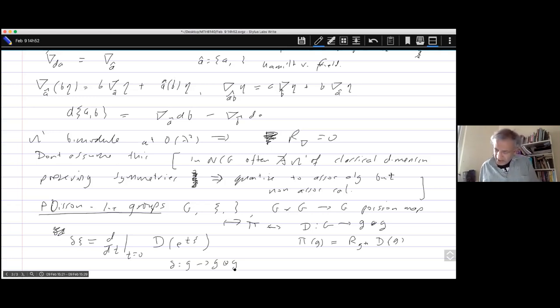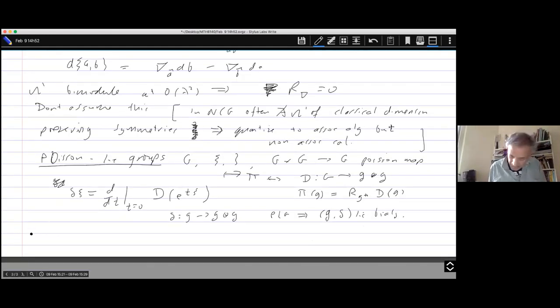And then what Drinfeld said is that if this is a Poisson-Lie group, then this becomes a Lie bialgebra. And in the case of a connected, simply connected Lie group, it's the equivalent: g with delta is a Lie bialgebra. Before I proceed, I'm going to give you an alternative characterization. So, lemma, this is in the paper. G a connected Lie group with a Poisson bracket is a PLG, Poisson-Lie group, if and only if